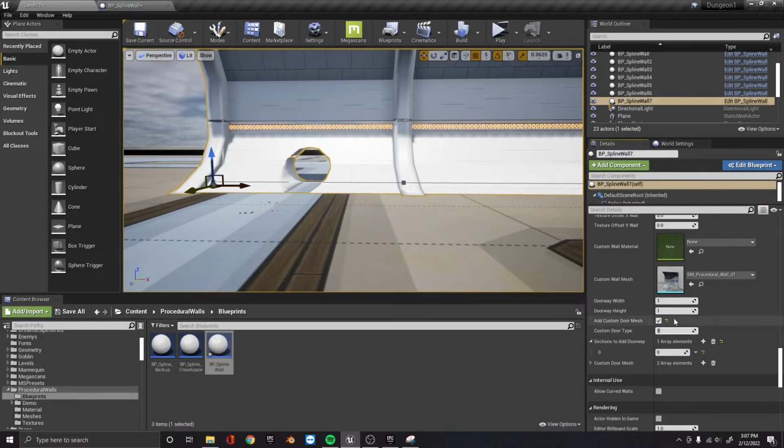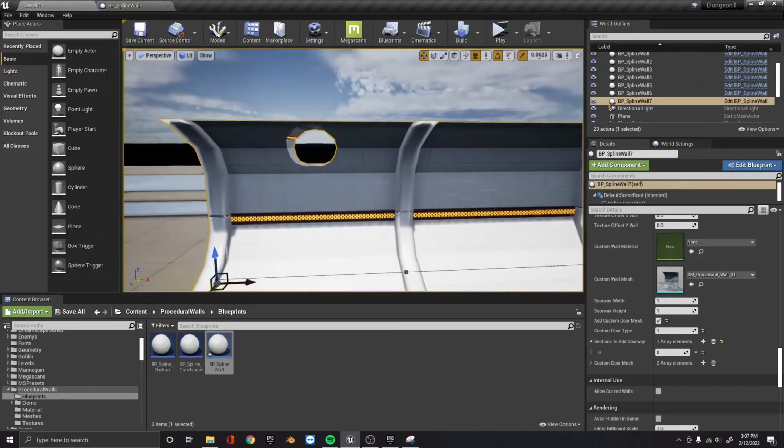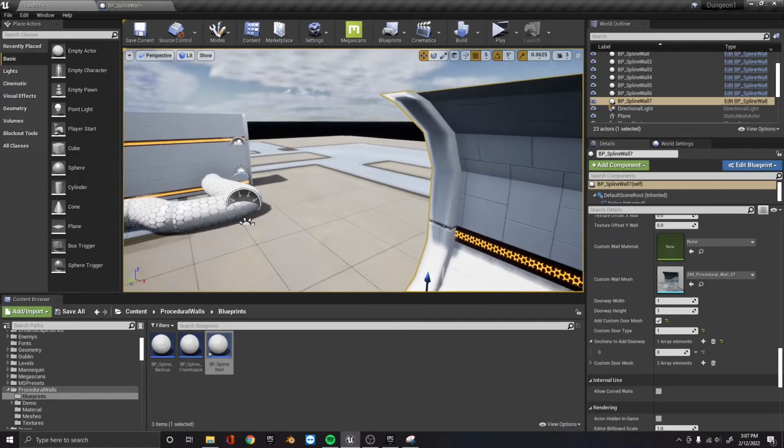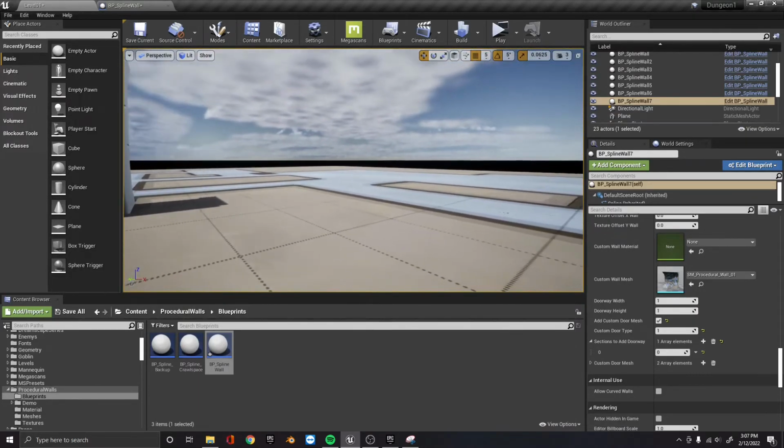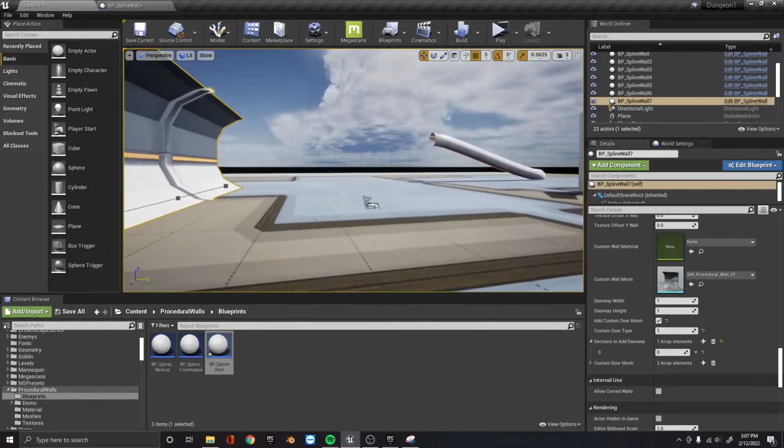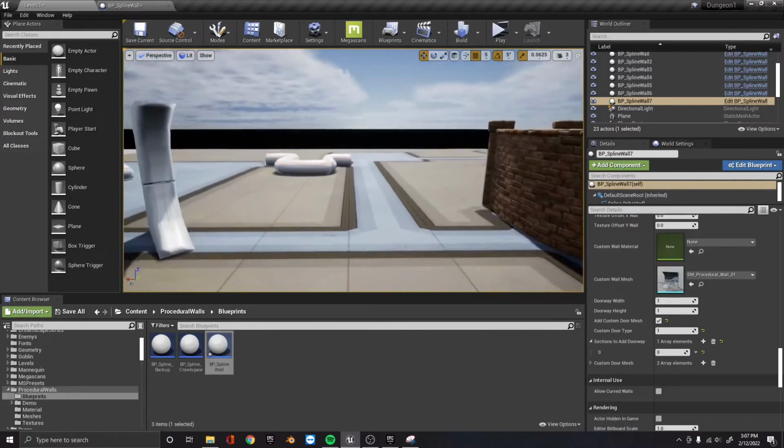Okay. Custom door type, right now it's element 0 or array element 0, change it to 1. Hey, look at that. Now we have our shaft. Okay, cool. Anyway, that went a little bit longer than I thought it was going to go, but yeah, just